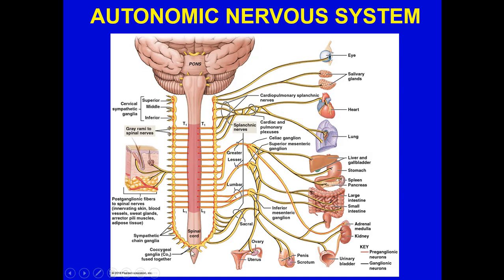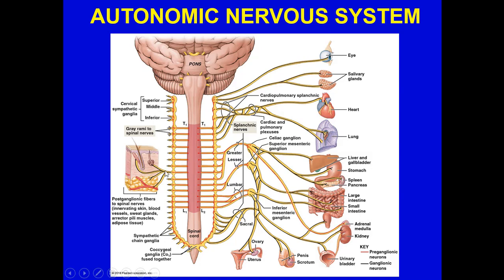Don't get it mixed up with the sacral part later on that's far down deeper, which really is involved with parasympathetic. This is all sympathetic now. Two things to keep in mind. This lower chain will reach out and have postsynaptic connections with the ovary, uterus, penis, scrotum, urinary bladder, and kidney. Okay, remember that adrenal medulla? That's a very special case there.